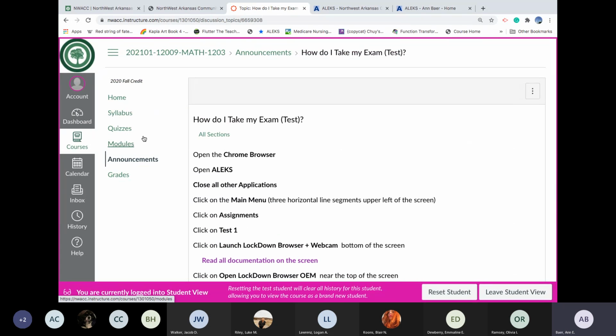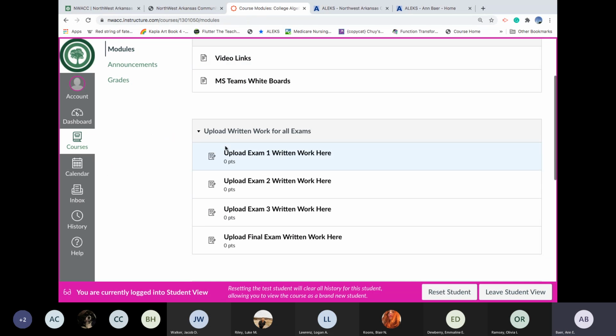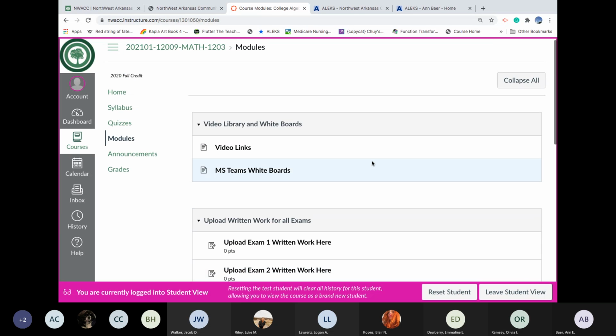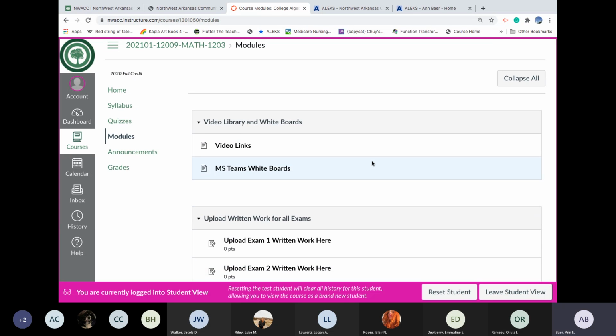So I'm still in the student view. Let me just remind you where you go to upload your written work. You go to modules, click on modules, and then scroll down, upload final exam written work here. And then after you've uploaded your written work, you then want to go take this quiz. It's probably not going to appear here, and it won't because I have not made it available yet. So that part of it, I'm going to show to you, some of it to you, by going into my own